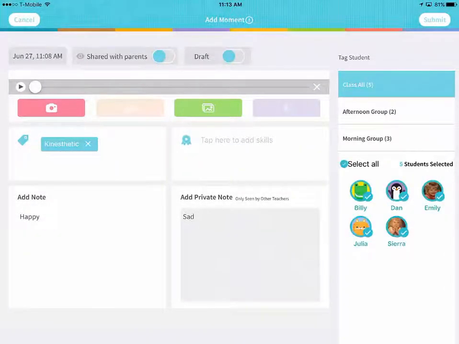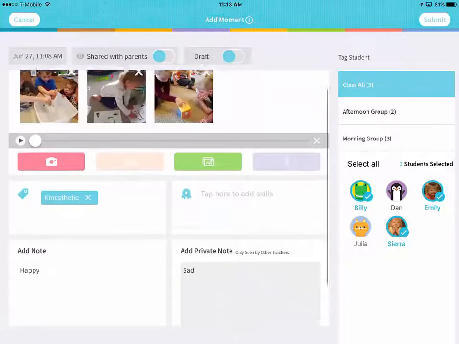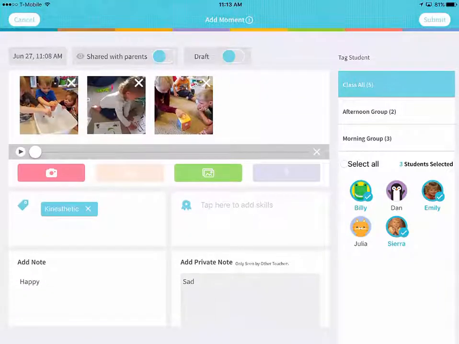We can select all of the students at once, or we can tap the individual children that this applies to. If your classroom has 1 student, if your classroom has 20, your choices are still the same. You can choose as few or as many children as applied to the moment. So now that we have our evidence added, we've taken a quick note, and we've chosen our children, we can